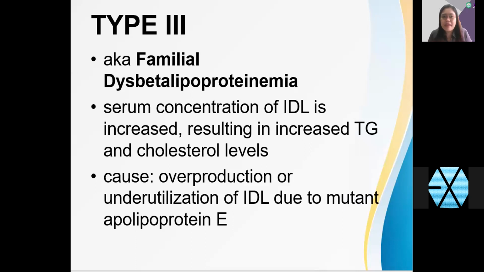Again, it is called Familial Dysbetalipoproteinemia. Now, what is the problem for this type? There is an increase in the IDL level in the blood. By the way, IDL means intermediate density lipoprotein. Now, this type of lipoprotein or cholesterol, just like the VLDL, will result in the increase of triglycerides in